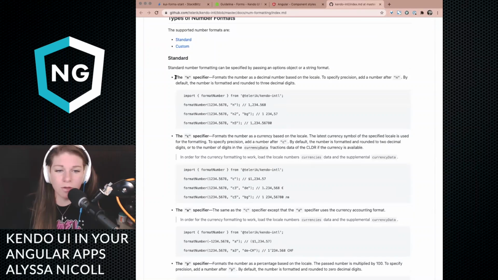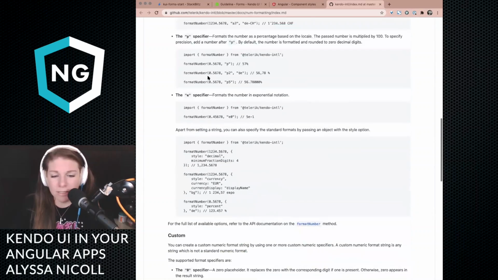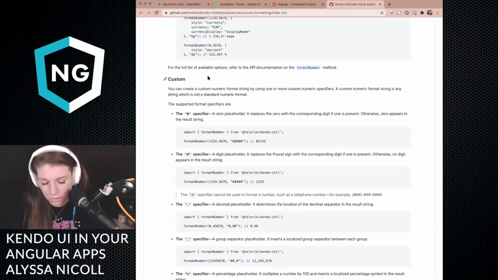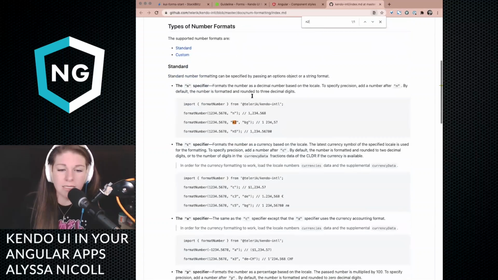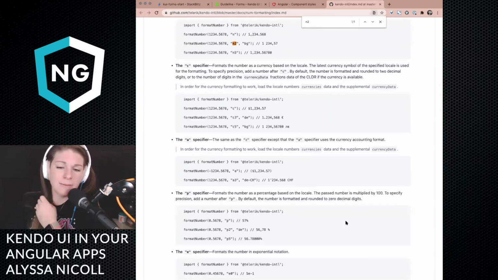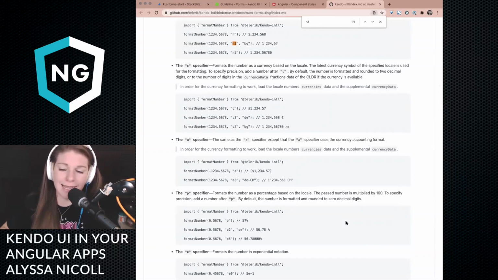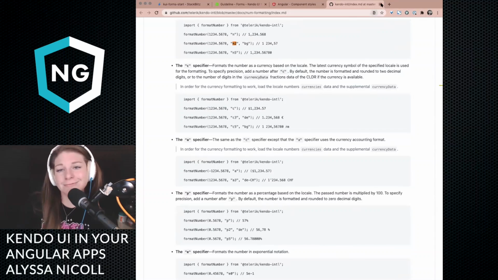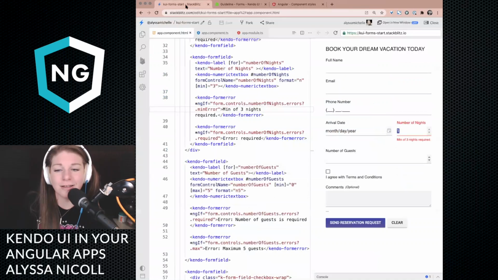But things like, you might be like, why N? I don't understand N. Or if we go down, let me go to N2. You can see examples where it lists out not only the N specifier, but N2 different values and how it adds decimals and things like that. But like I said, there's things beyond that, like C for currency, or down here we've got, what is A for? Same as C specifier, A specifier uses currency accounting format. So there's a lot of different formatting options built in, ready to go. And I just flipping love it.